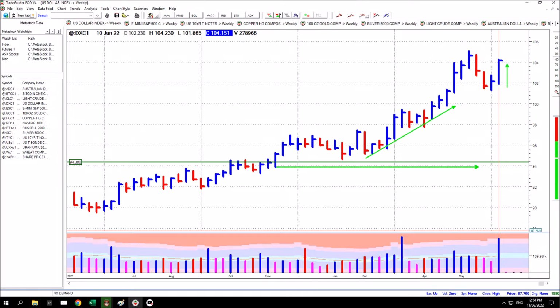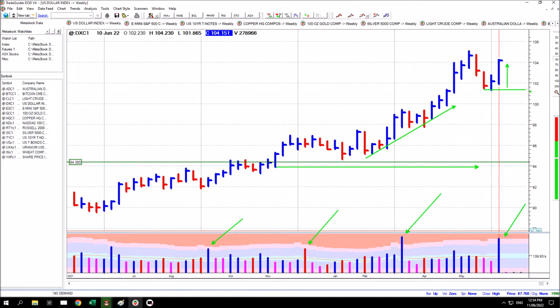Price was up this week. The volume was very high because of contract rollover. These are all contract rollover weeks. With the market being higher this week, it puts related markets under pressure. That is, related commodity markets that are priced in US dollars under pressure, and also currency markets where the US